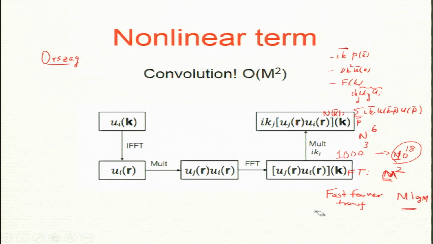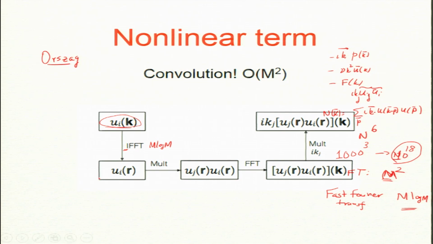So, I will just go through this line. This is my velocity field in Fourier space, k is Fourier. Now, inverse Fourier transform. We define it like this: real to Fourier space is the forward transform, and from Fourier to real space is the inverse transform. I is inverse. So, if there are m points, then it is m log m.